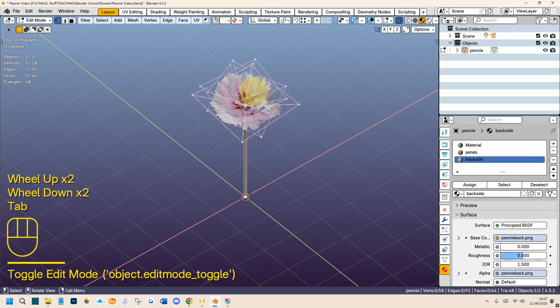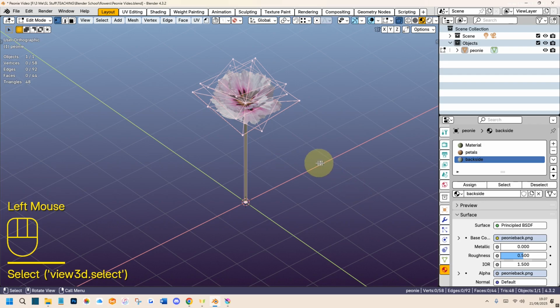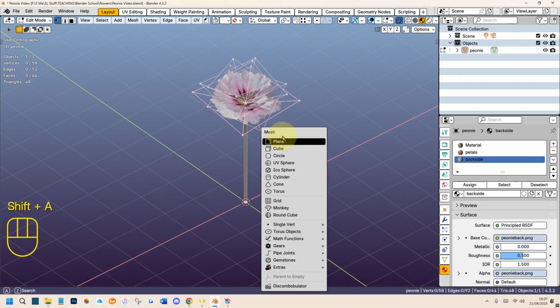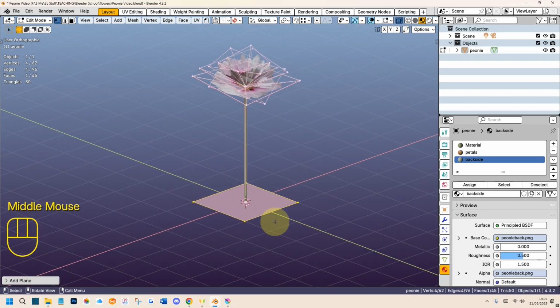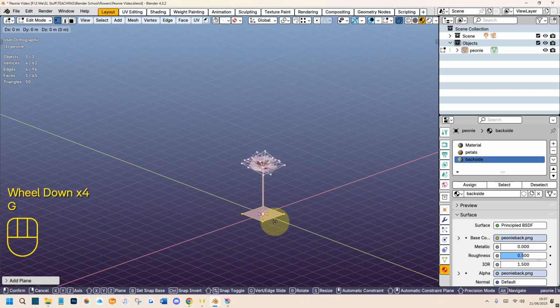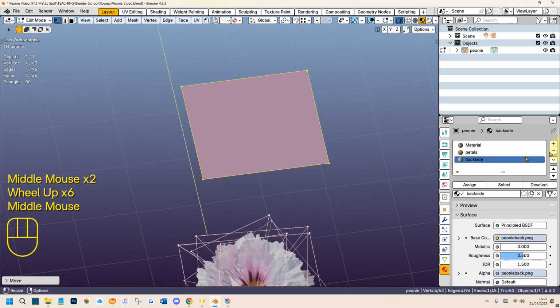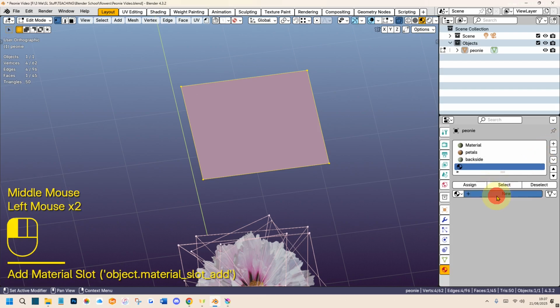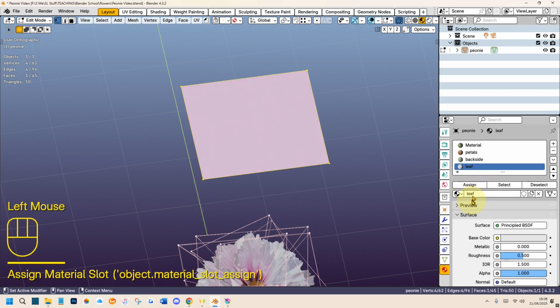So if we go to edit mode, I don't think I have anything selected now, so we go Shift A, plane, and this will be our leaf. If I bring that up, G set, sorry, and I will need a new material on this, so let's call it leaf